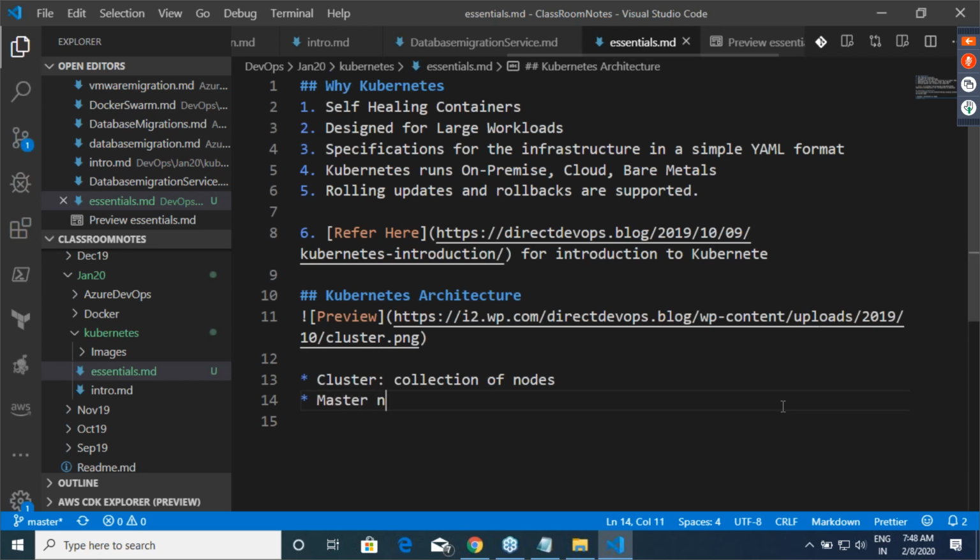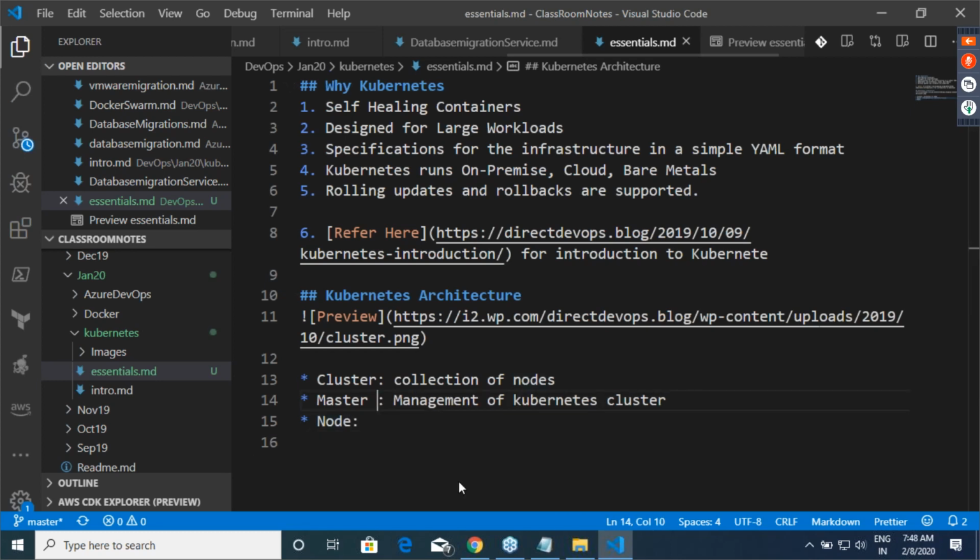I'm not writing individual things because we have discussed almost a similar thing in Docker Swarm also. So what is the responsibility of the master node? Management of the Kubernetes cluster. And then we have the node.